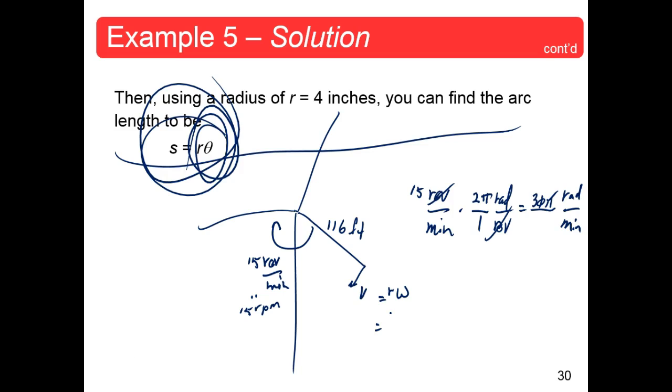That would be 116 feet times, this was our omega, by the way. Angular speed is omega, 30 pi. Okay? Now that's going to be some big old number. I could do it without too much problem. Pi, and that would be a 0, and that would be an 18, and that would be 3,480. I hope I did it right. Someone check me on that. I believe that's right. Multiply that by pi, and you get something on the order of,